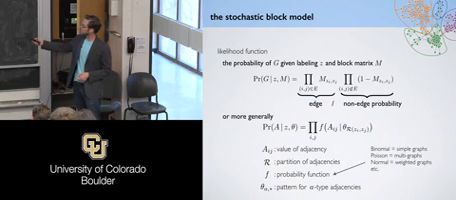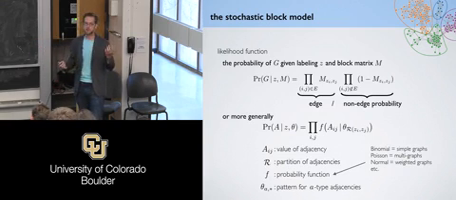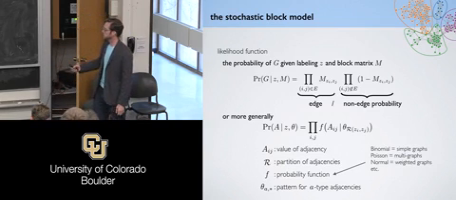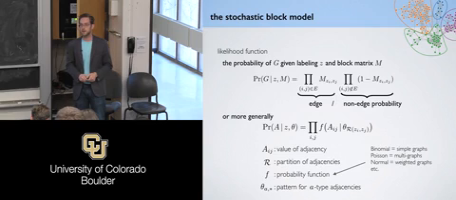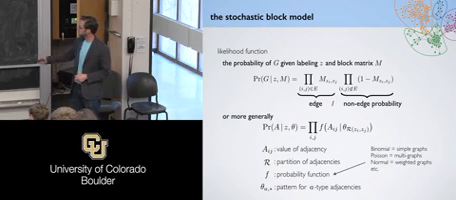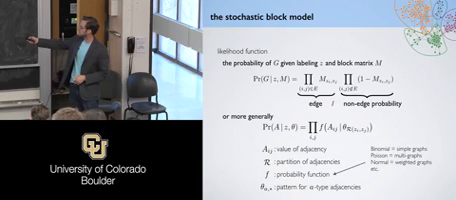So in the stochastic block model up here, this R is that matrix. But it doesn't have to be a matrix. It could be any partition of the pairs, and it still works. You just have to have a unique element inside that structure that corresponds to the probability that i and j are connected. So if we change f, for instance, we can get lots of different kinds of graphs. We can get simple graphs. That's this thing up here, in which the outcome is a 1 or a 0. If it's a